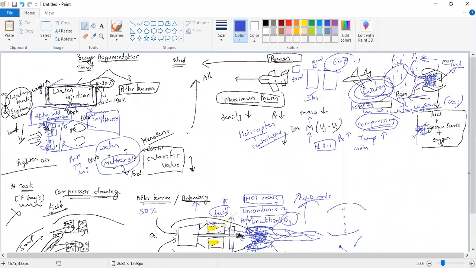So we understood what water injection is, how the water entering will increase my thrust, what the afterburner is, and how the afterburner comes into the picture. Everything is important, beta. If you haven't understood, let me know. Otherwise, you can go and watch the videos also, beta. I've already put them on my channel.